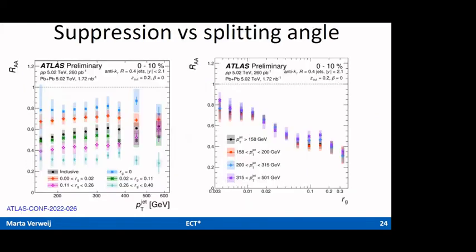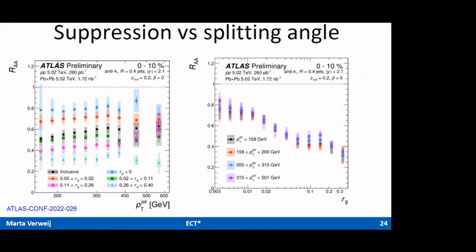Okay, so now we have also seen an ATLAS measurement of exactly the same observable, which they call RG, but it doesn't matter. It's the same thing, with the same z-cut of 0.2. So we can compare quite directly. On the left-hand side, you see